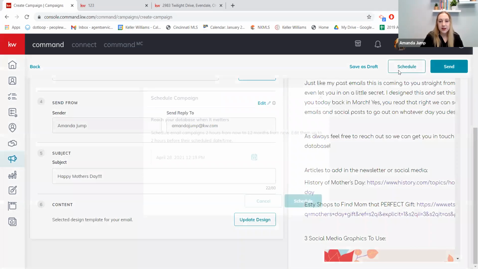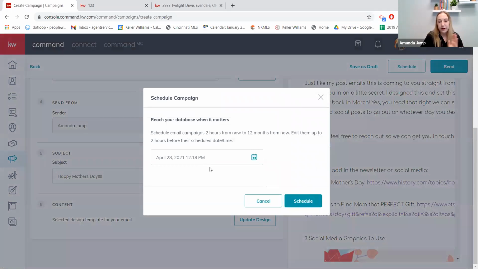And I can schedule these out as far in the future as I want. So if you're feeling super creative, kind of like I had done for my database, I went in and in about an hour in designs, I put together a template for every single holiday for the rest of 2021. And I actually scheduled them out so that when those holidays roll around, I can spend time with my family,